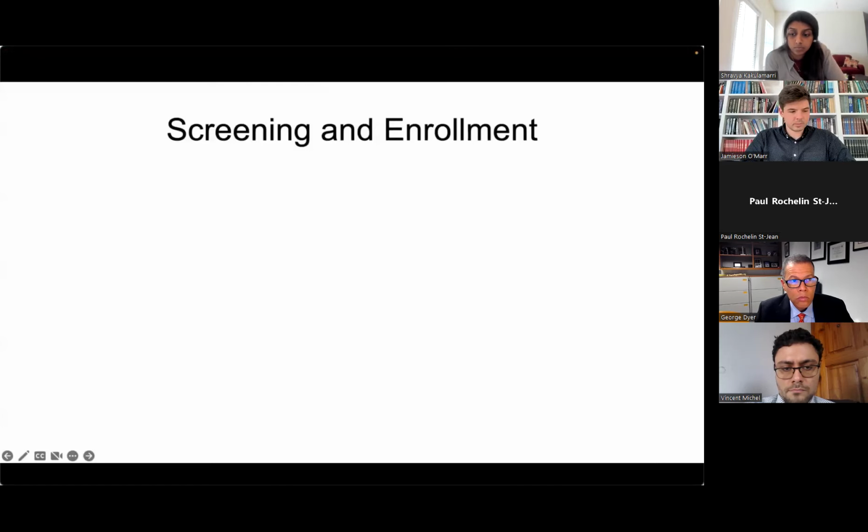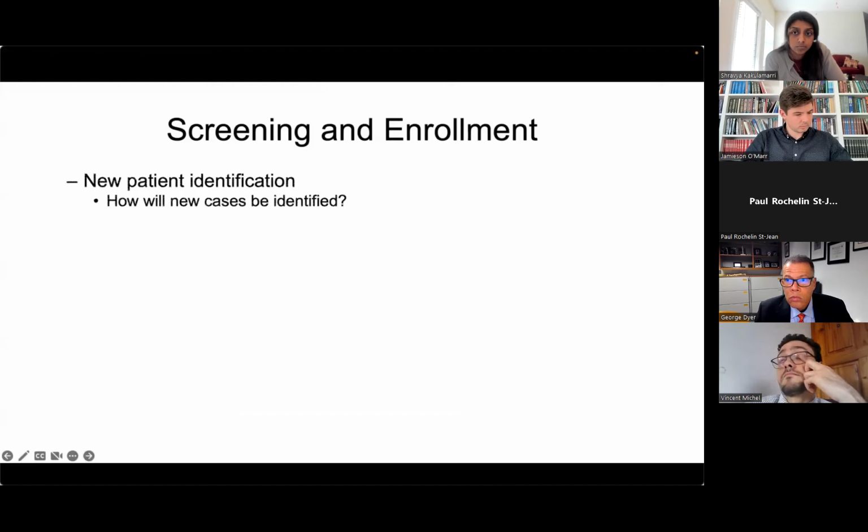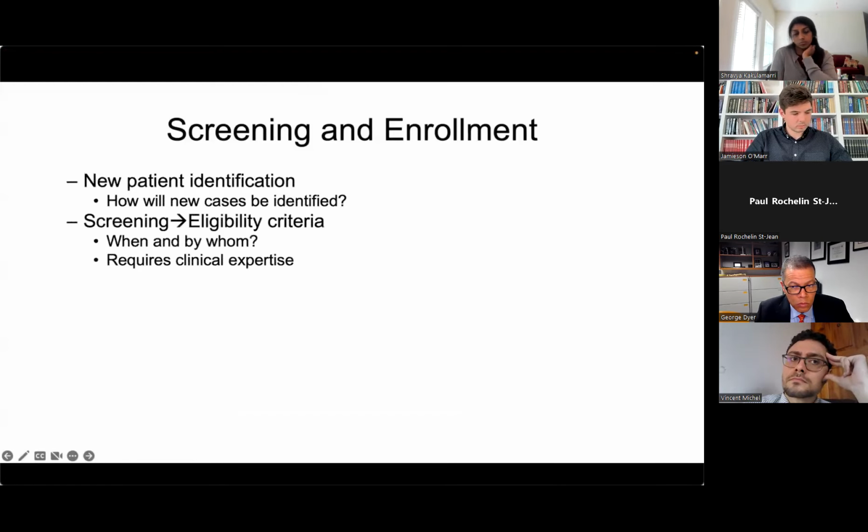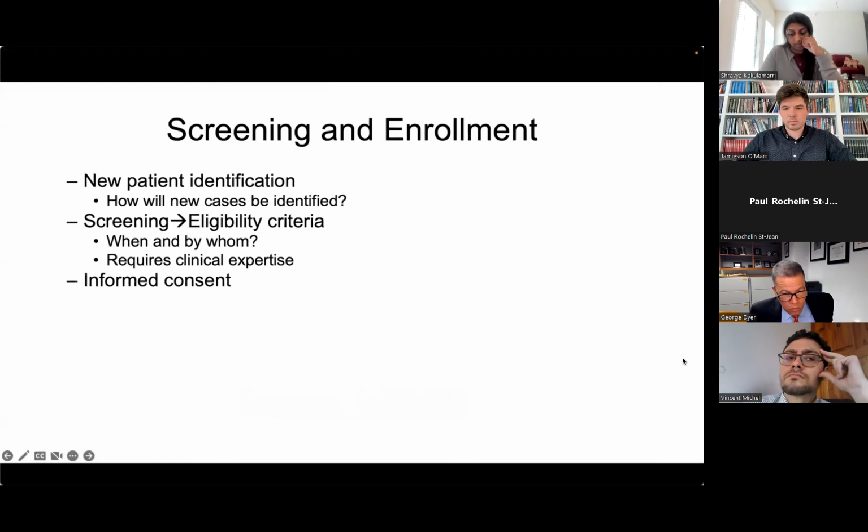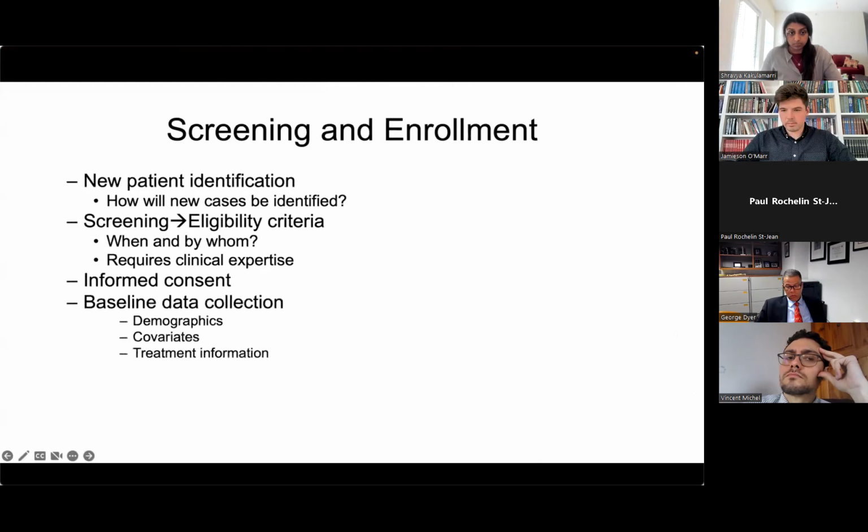This requires clinical expertise. Informed consent is a critical element in carrying out this work. You need to be able to establish protocols for confirming that informed consent is actually being conducted prior to enrollment and randomization of patients in your study. You need to have a good mechanism for gathering baseline data, including demographic information and treatment information, and establish a